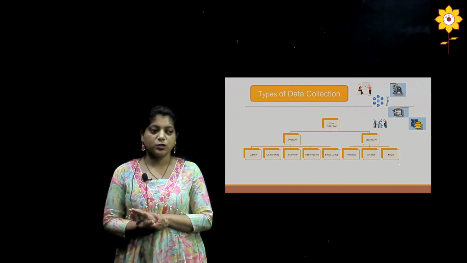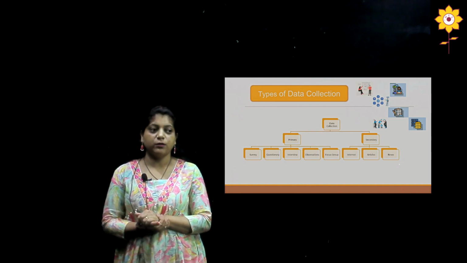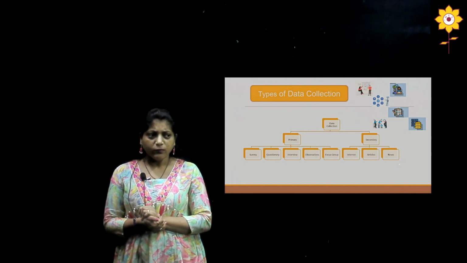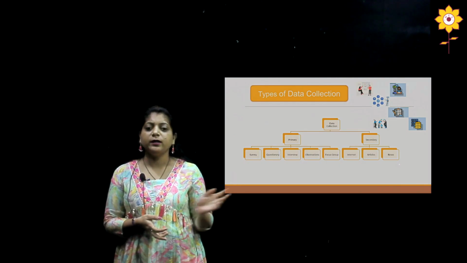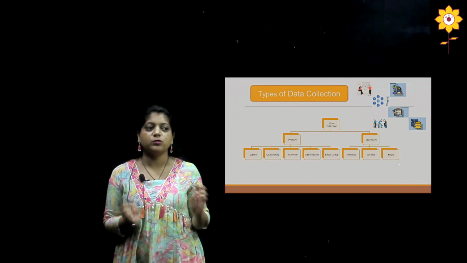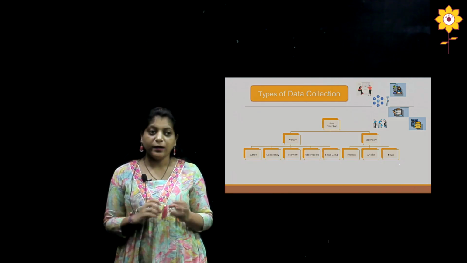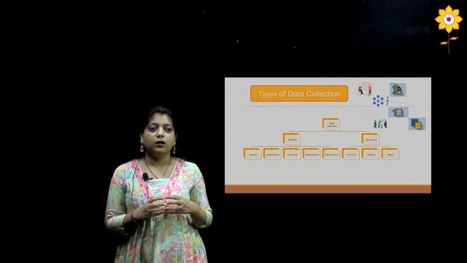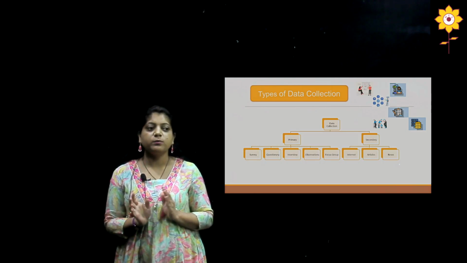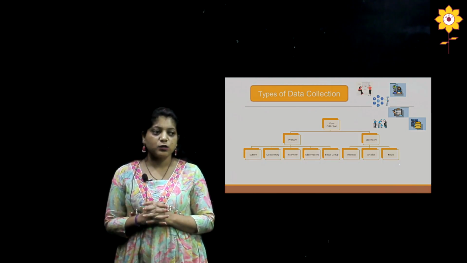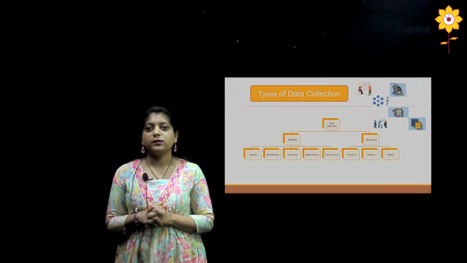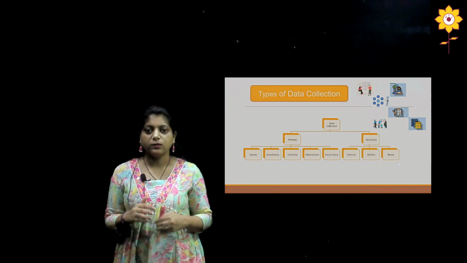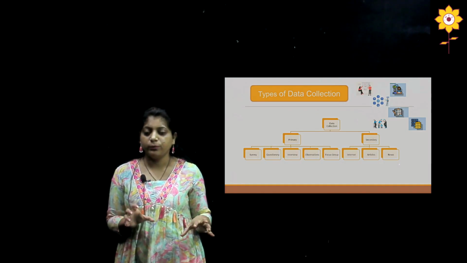So the first bifurcation for primary data collection is the survey. A survey is when you are circulating forms, various forms, or just asking some random questions to a certain region or a certain group of people. That becomes a survey. The second is the questionnaire. A questionnaire is where you are creating some n number of questions for the people,